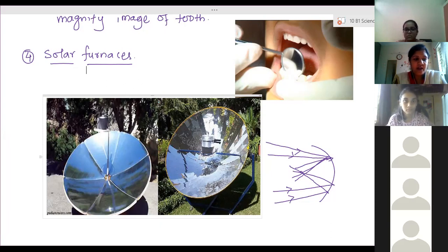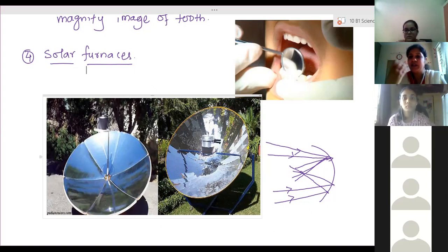I have seen that the Nat Geo, National Geographic channel, has shown the same thing. Whatever is installed on a shady terrace top, in front of it, where exactly the concentrated focus of that mirror is, they took a big wooden block near that focus and just held it in front of it. It started burning immediately. You know how much heat energy is needed to burn a wood block, a log of wood. To burn a log of wood, a large amount of heat energy is needed.